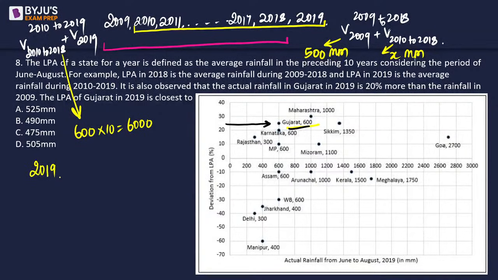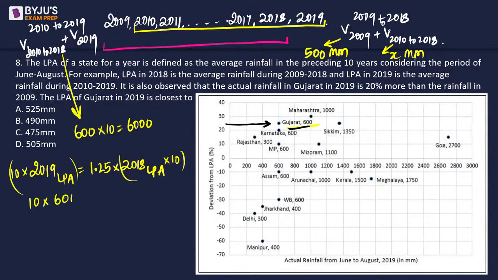2019 का LPA value is 25% more than 2018 का LPA value, and 2019 का LPA value को if I multiply by 10, I will get the sum. Instead of average, मेरे को पूरा sum मिल जाएगा. Now, if you see 2019 का LPA value is 10 into 600,